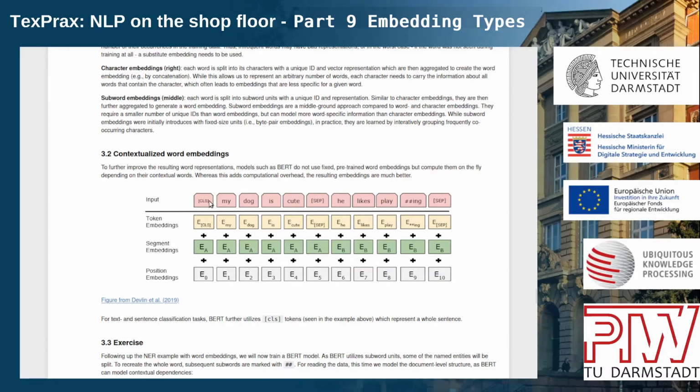So the CLS token, it's basically the classification token, which can be used for classifying the whole sentence. And the separating token marks basically